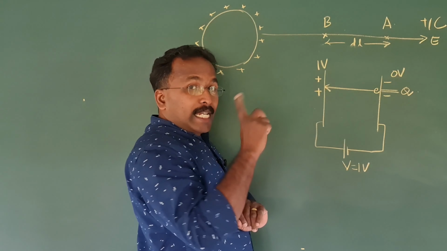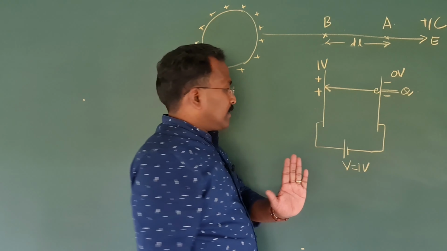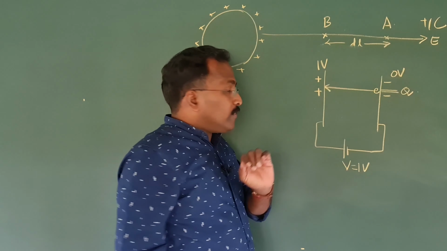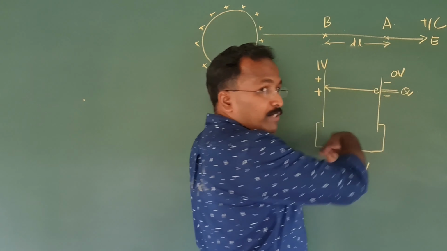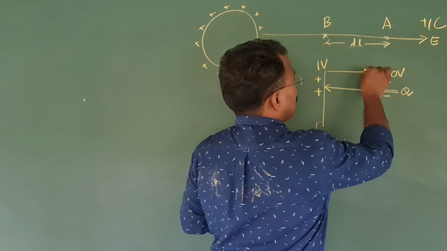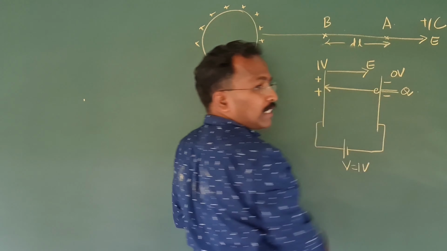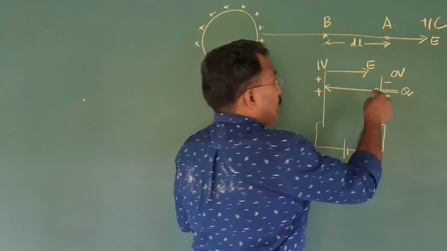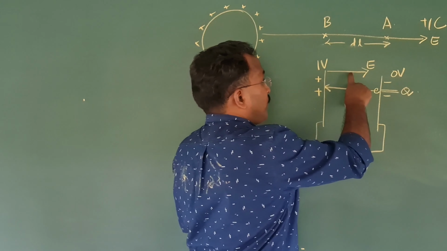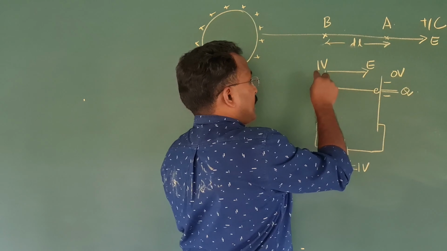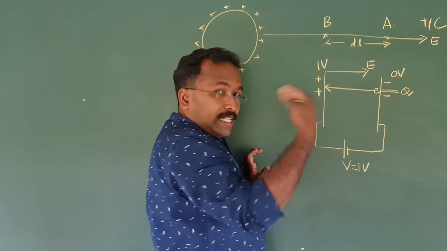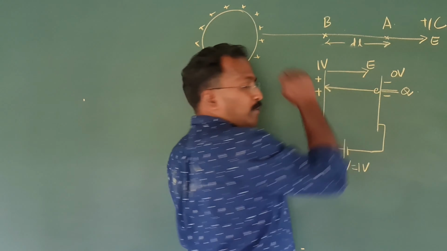process. The second way of explaining the same idea is, when you connect like this, you studied in our previous chapter, there will be an electric field in between. You can say that electric field will be from the positive plate to the negative plate. That electric field will push the electrons in its opposite direction. So the electric field is pushing these electrons and that electron is accelerated, increases its velocity, kinetic energy, etc., and hits the other plate.